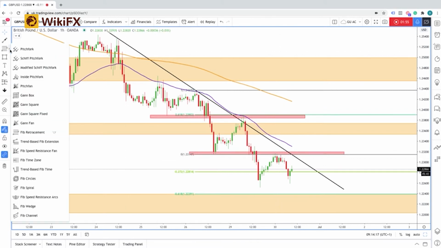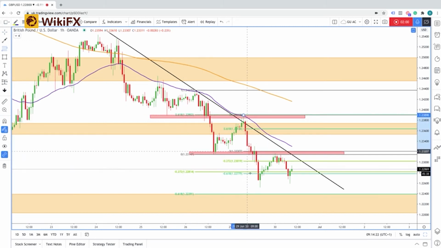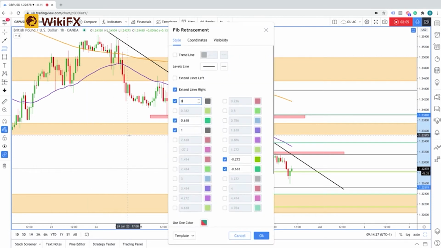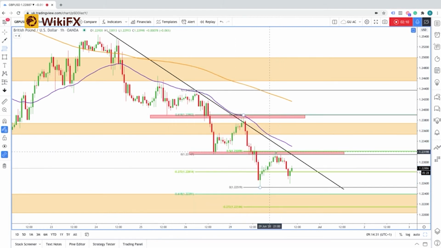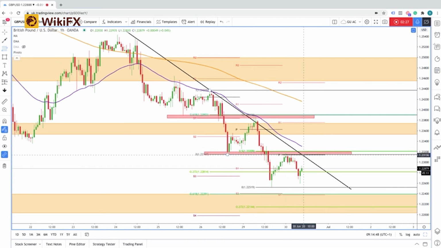Now, if we bring on the retracement tool, from the previous swing high to swing low, this is close to a 50% retracement. We've got the 50% retracement level around 123.21, and we also have today's intraday pivot level in this region here. So I am looking at this level holding as a potential level of resistance and a level where I will expect sellers to step in.